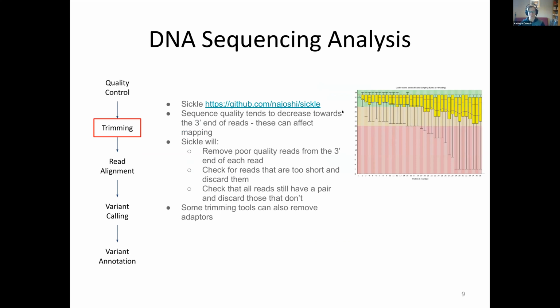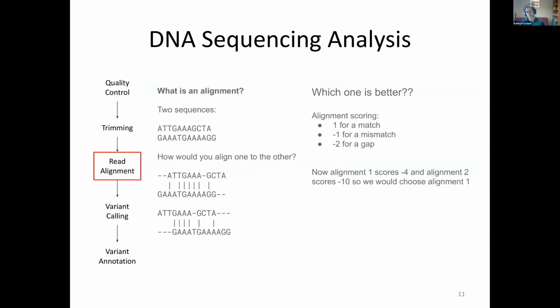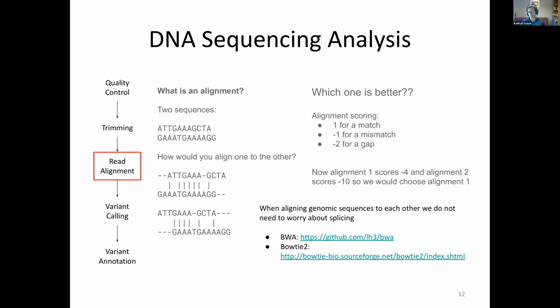Trimming off poor quality 3' reads, exactly the same as before. Again, we can discard adapters at the 3' end, exactly the same as before, and aligning reads to the reference genome. There's one slight difference here, and that is the fact that when we're aligning reads that originate from genomic DNA to a genomic reference genome, we don't have to worry about splicing anymore,